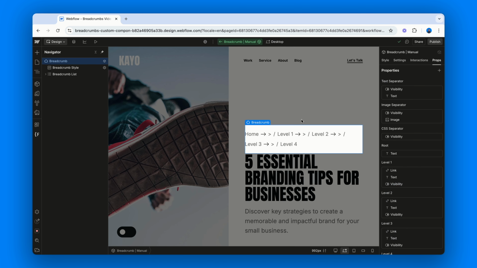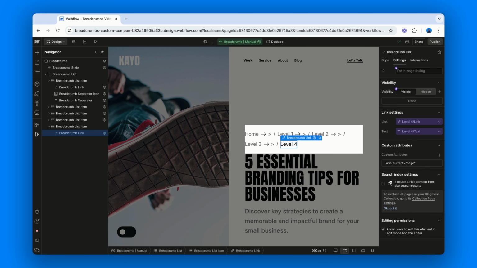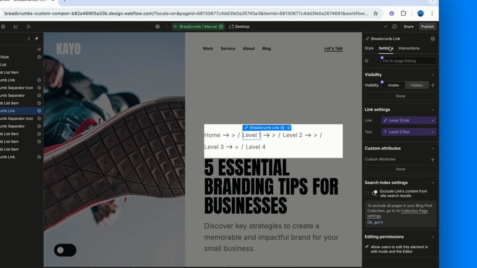Let's open the component in edit mode. Now, we want to handle this properly. First of all, we know that the first link, home, and the last one, current page, will always have a valid destination, so this doesn't apply to them. But for any intermediate breadcrumb items, like our level 2 in this case, we need to go to the link element, open the element settings panel, and add this attribute,